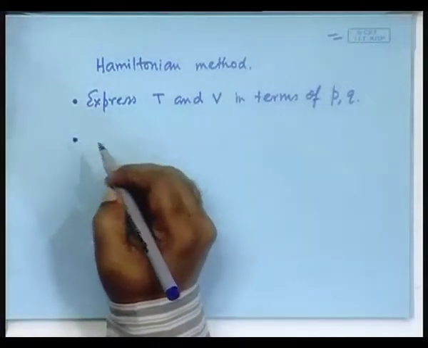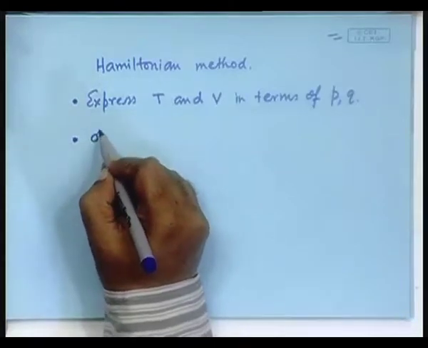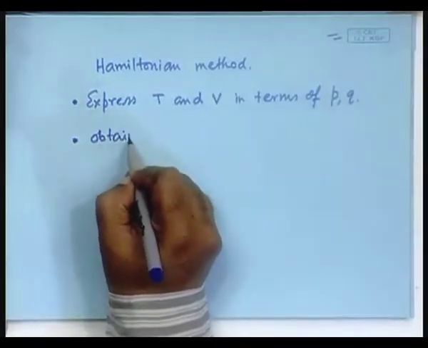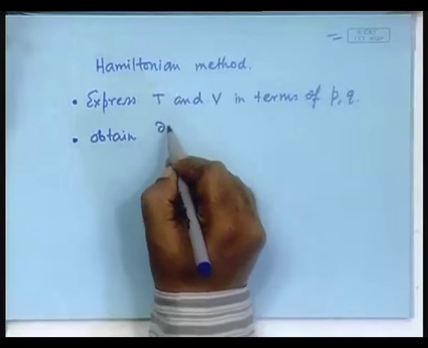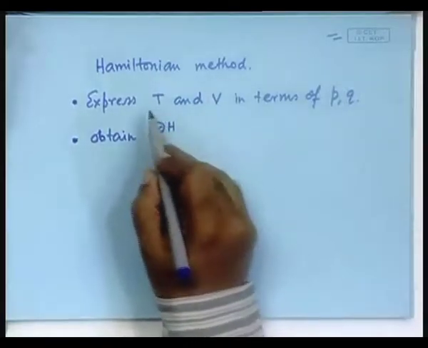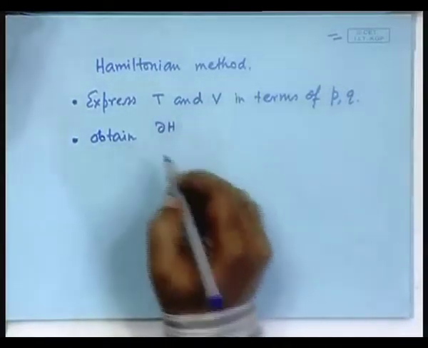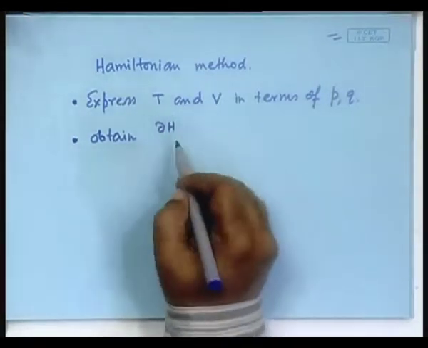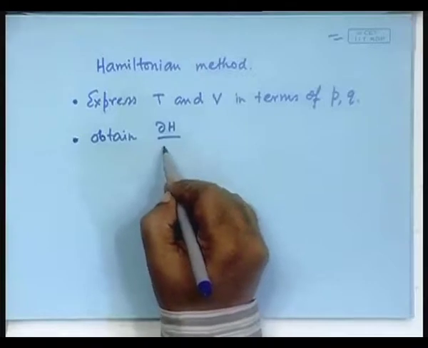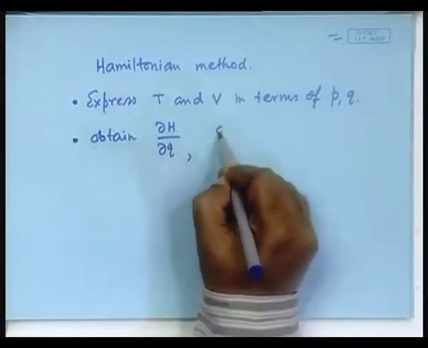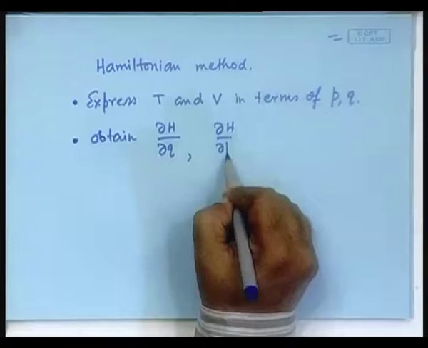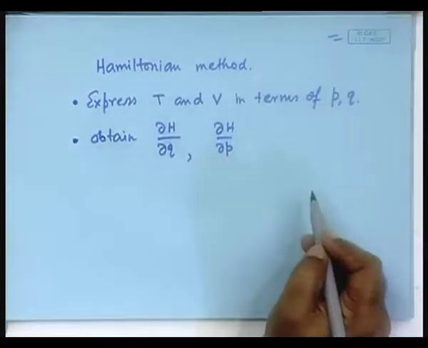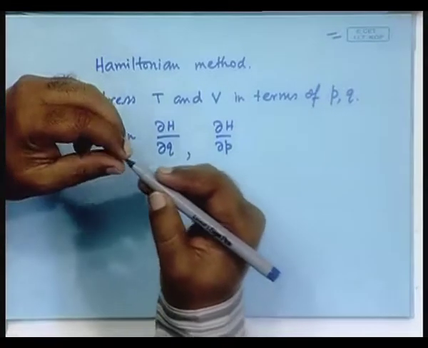Then you obtain the partial derivatives. H is just T plus V, so write the Hamiltonian function H as T plus V. Then you obtain delta Q and so on. Right. Once you have done so,